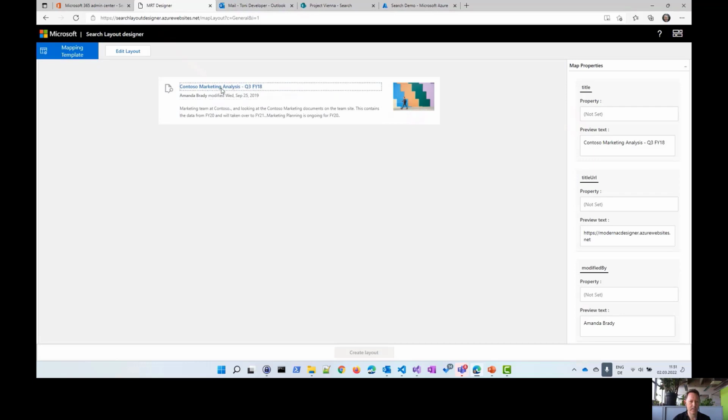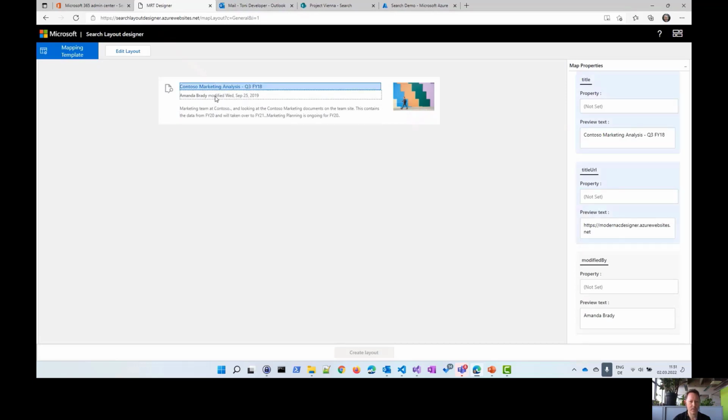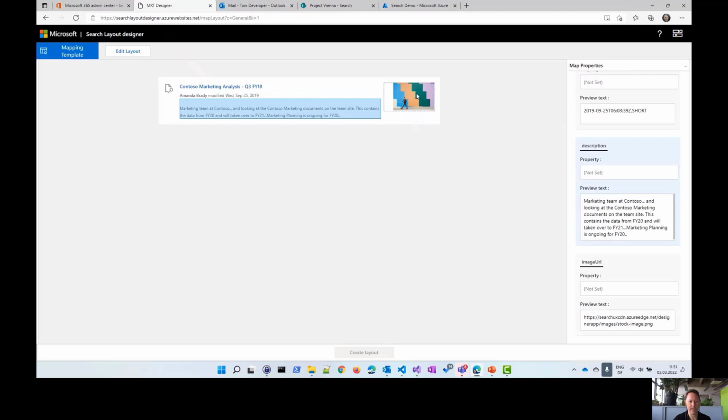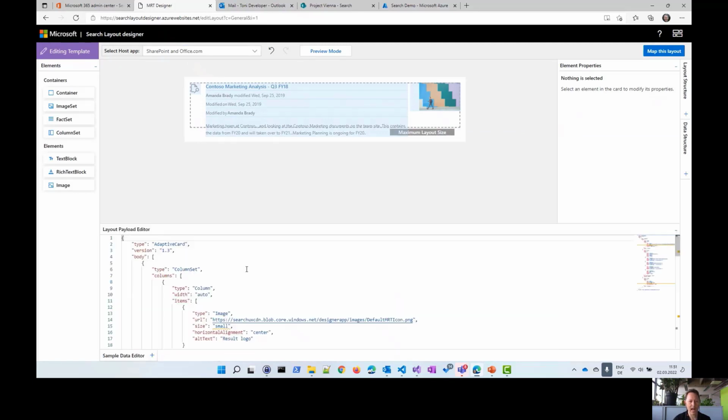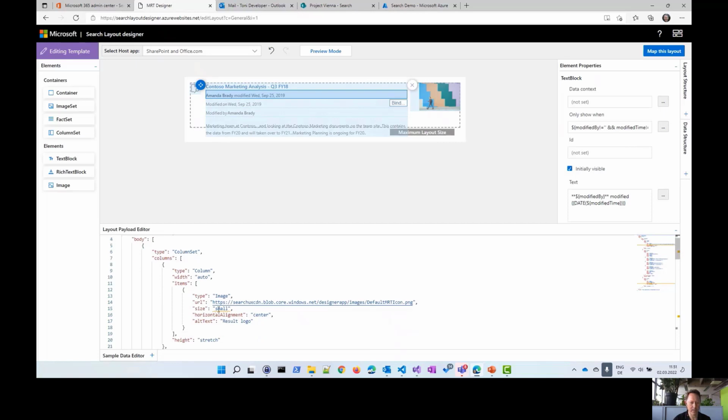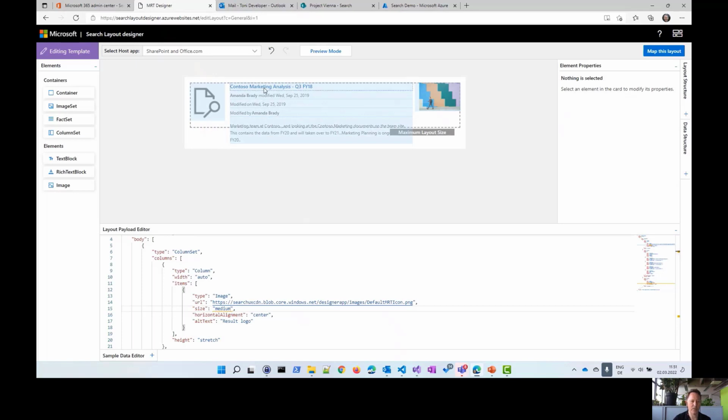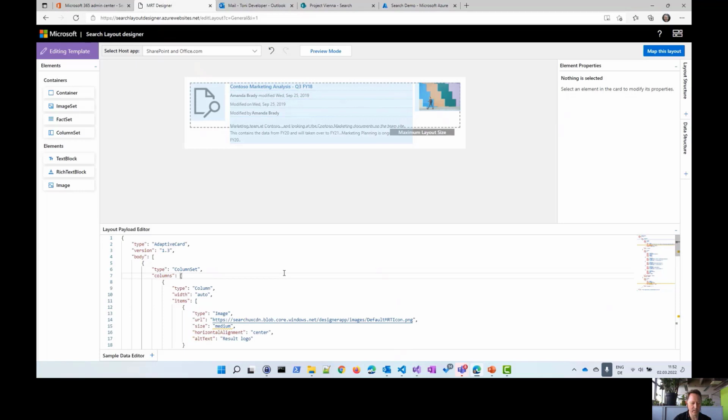And here you can see I have a title, I have a subtitle, I have a text, and I have that graphic here. So I can click on edit layout here and can see in the layout editor how this looks like. So I could go here and say, I want to change some of these properties here. So for example, I can say this shall be medium or larger. And then the visualization changes. The thing I want to point out here, I simply can use this here and copy and paste it into my